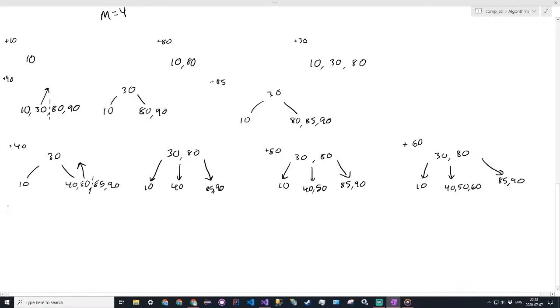And now let's add a 70. Once again, it's going to pop up, and I'll just show the final results. Here, let's just do it. 30, 80. This points over here to a 10, 40, 50, 60, 70, and then 85, 90. To split the middle one down the middle, pop the 50 up, and what you get is now a